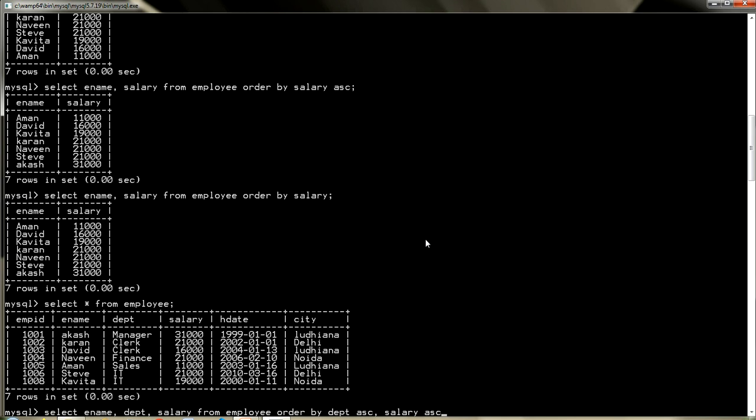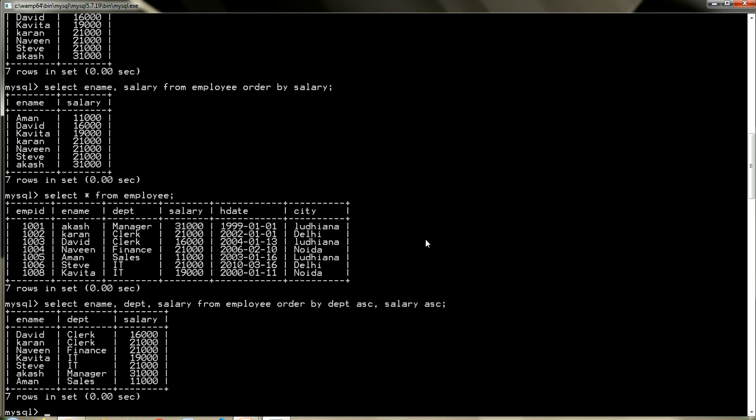So clerk will be the department that comes first, but we have 2 clerks, so whose data will it display first? It will jump to the salary column and show the one whose salary is smaller, because salary is also in ascending order.